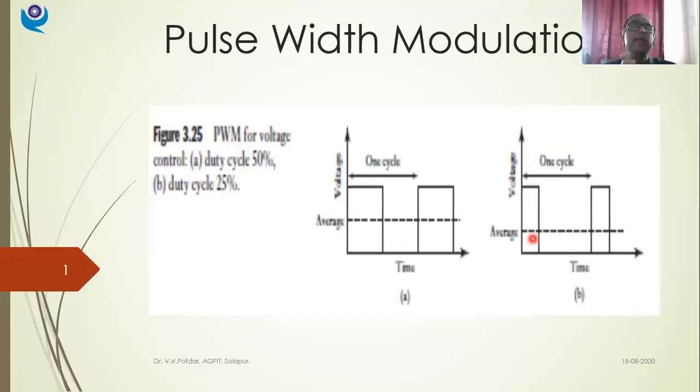So what we did, just to recollect, the analog signal we chopped down into a number of pulses, and in amplitude modulation I changed the amplitude of that input signal, right? And the average output voltage was modified as per my requirement. So because of this chopping down, the drift effect is reduced. I told you the example.